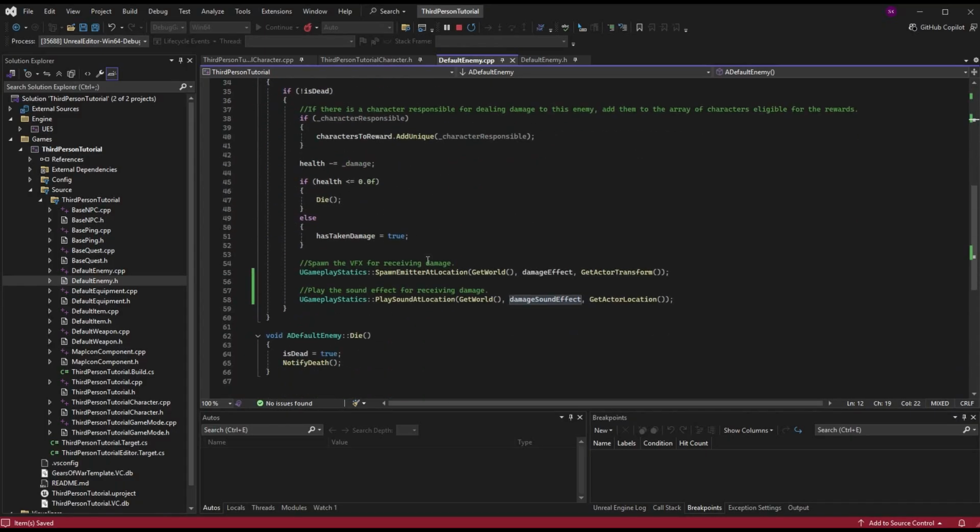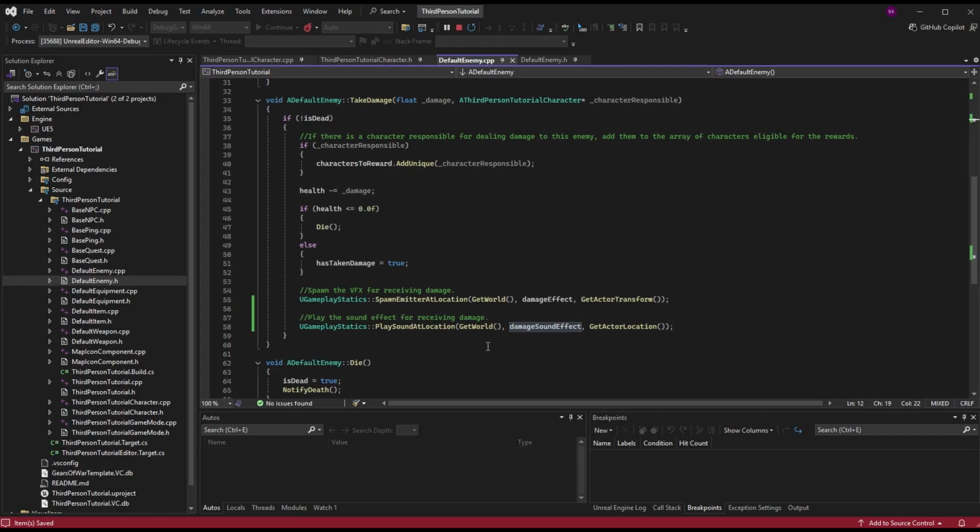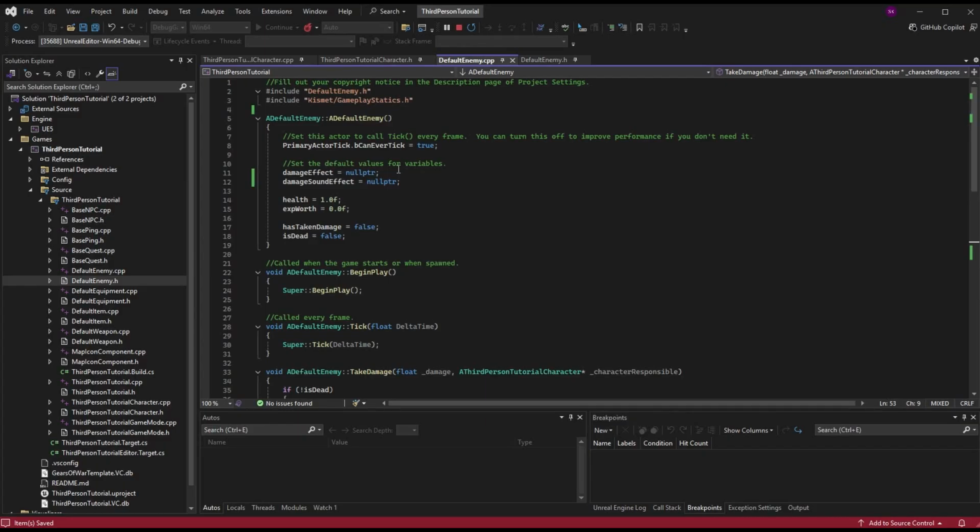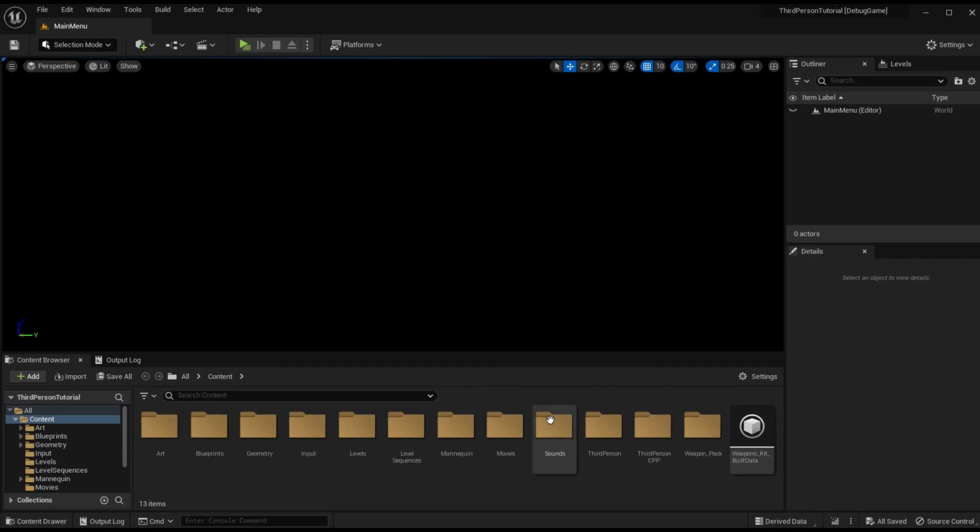Now, it's okay if in spawn emitter at location or play sound at location, these values are null pointer, because if they are, this function will take care of it. So it won't cause a crash or anything if these are null, but we could check for these things to make sure they're valid before going through all of this effort. But at this point, we have our variable set up. Now we can relaunch the editor. The editor is back open, so if we go to play the game now,